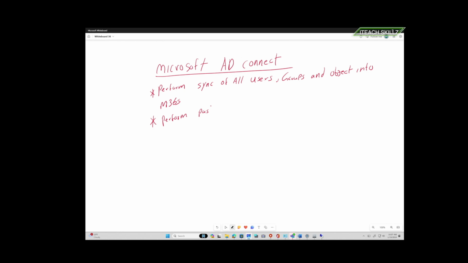So with Microsoft AD Connect, you can perform password hash synchronization, PHS, or pass through authentication, PTA. Each of them has its own benefits. Once you configure your sync preferences, whether you want to do password hash synchronization or pass through authentication, then you can actually